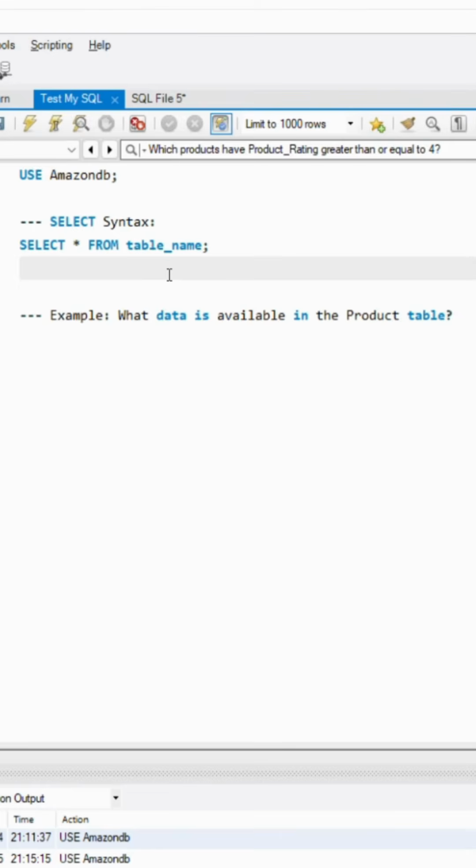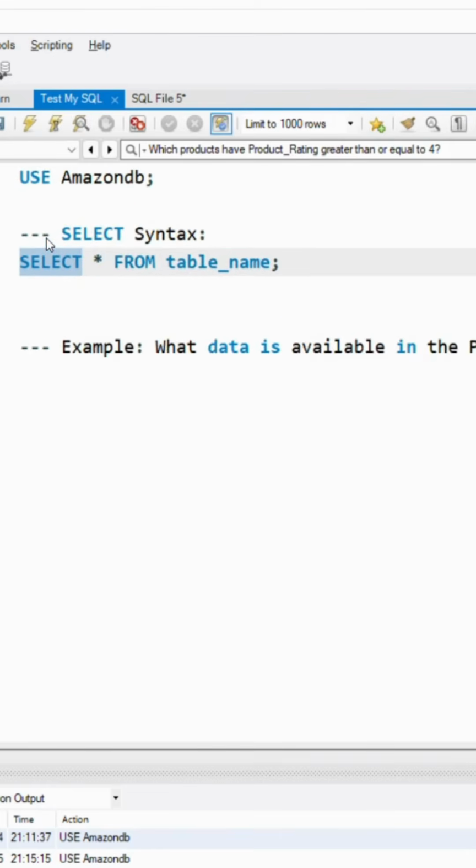Okay, so now let me take you through the syntax of select. So select, you have to add that command select there, and then followed by star. Star is nothing but all the columns that are present in the table will be listed. Okay, for that only we are using star. So all the columns we need, so we are putting it as star. From which table we want, that table name we have to put here. Okay, so this is the syntax, followed by semicolon.